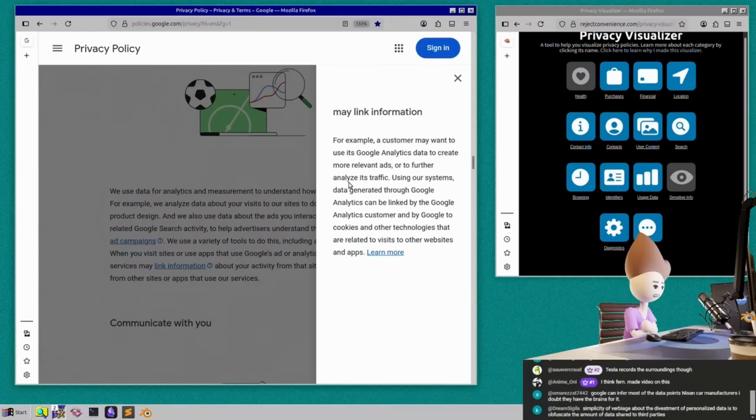Using our systems, data generated through Google Analytics may be linked to Google accounts by the Google Analytics customer and by Google to cookies and other technologies that are relevant to visits or other sites and apps. So I don't know whether I'm more clear about this, but like when you're watching this stream right now, right,